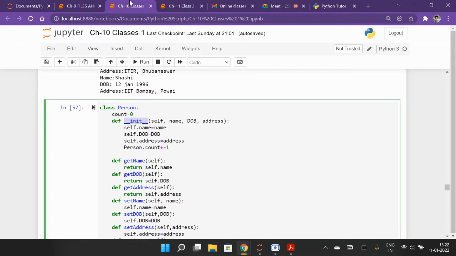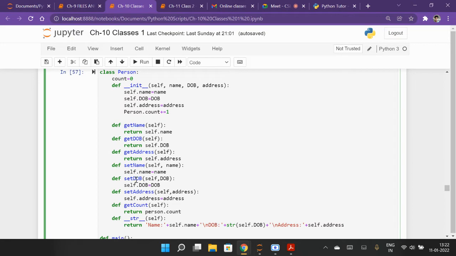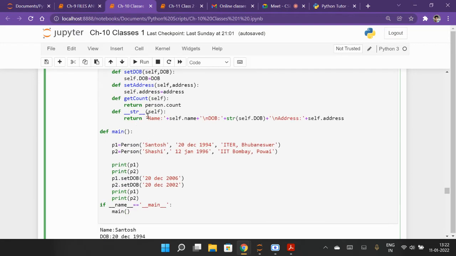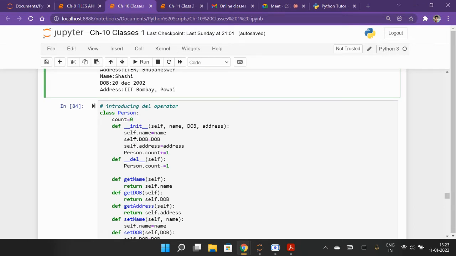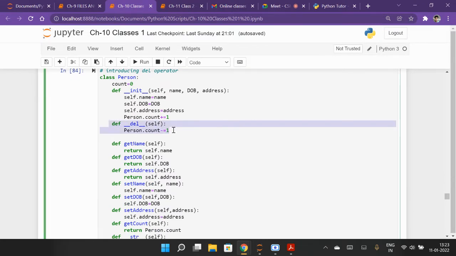Here we initialize an object, self, with these parameters, and then we were defining this function. Now I have to introduce the delete operator. See here, the same program is here, I have just added these two lines, and everything else remains the same.